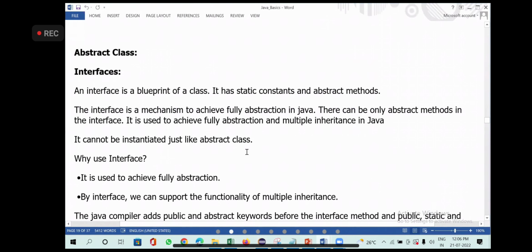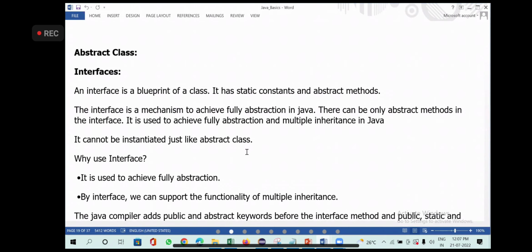On overloading and overriding, the most asked question is the difference between compile time and runtime. Method overloading is compile time. Overriding is runtime. Method overloading must have different parameters. Method overriding must have the same parameters. Don't say same parameters, just say signature should match.